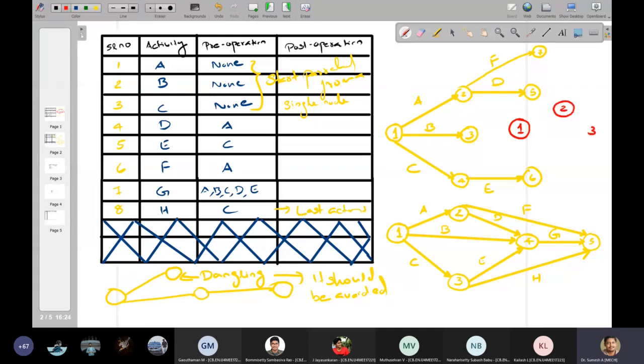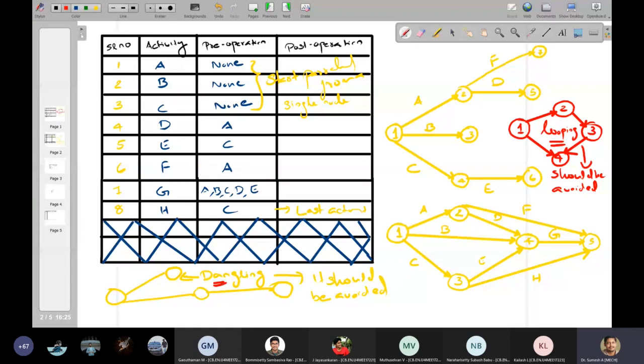I connected from 1 to 2, 2 to 3, 1 to 4, and then 3 to 4. This is called looping. This also should be avoided. That is, looping and dangling should be avoided.